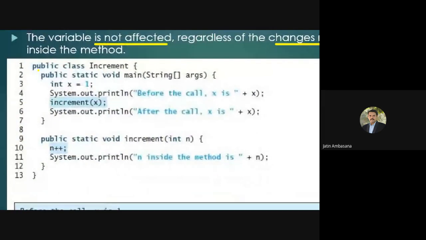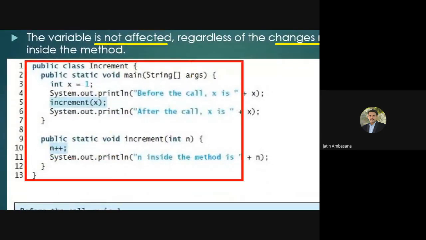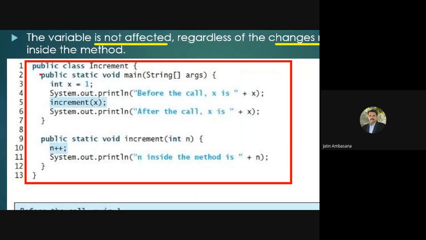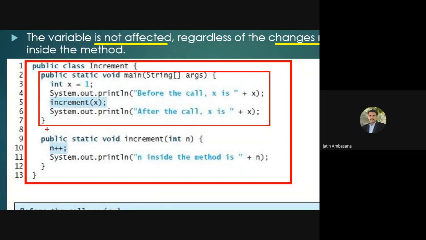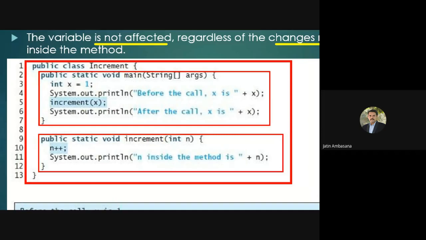Let me show you an example. In this class called Increment, there are two methods: one is main, and then we have another method called increment. Here we define a variable x in the main method, and then we print its value. We say before the call x is, and concatenate the x value.